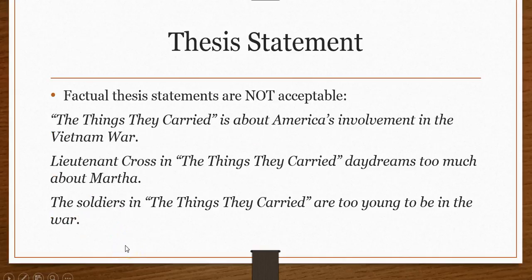Okay, so there are some sample thesis statements here, just like at the beginning of this lecture, where I started by talking about what you should not be writing about in your literary analysis essay, right? The thesis statement is pretty much the heart of any essay. No matter what type of essay you write, you've got to tell your reader at the end of the introduction what this essay is about. And then you develop it and support it in the body.